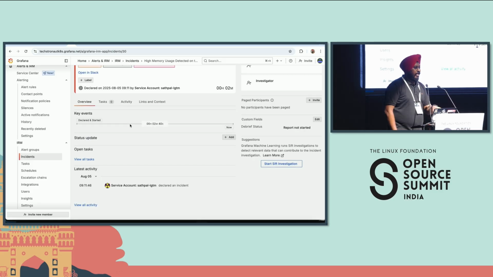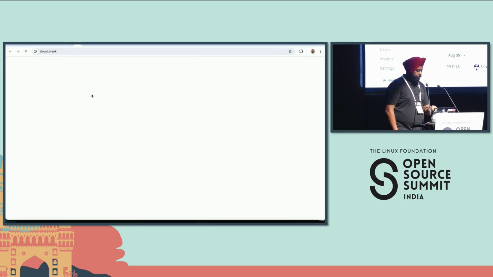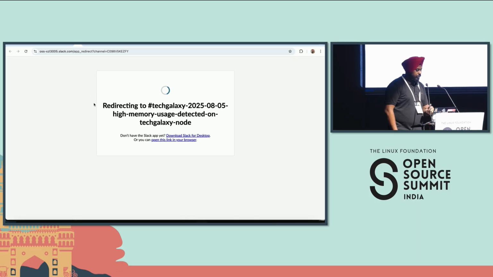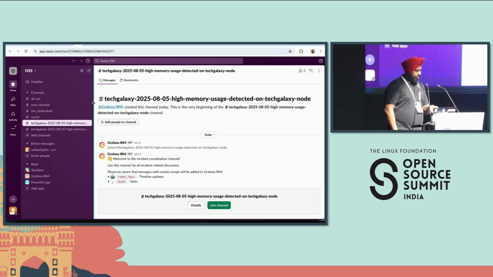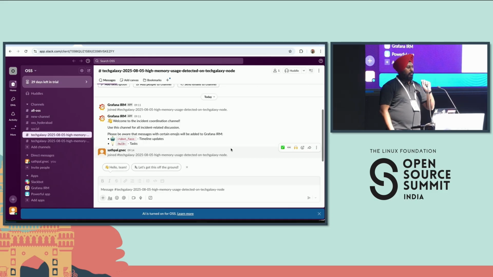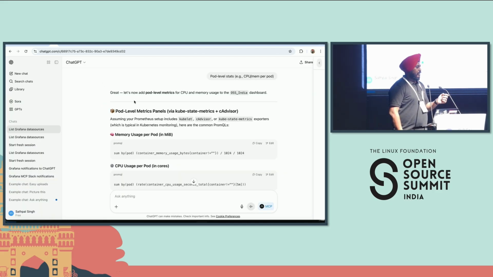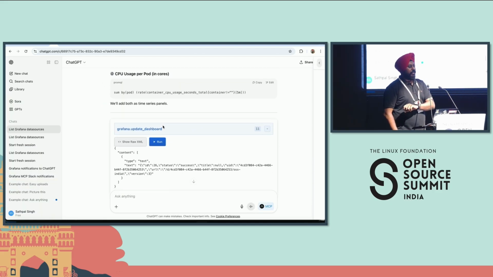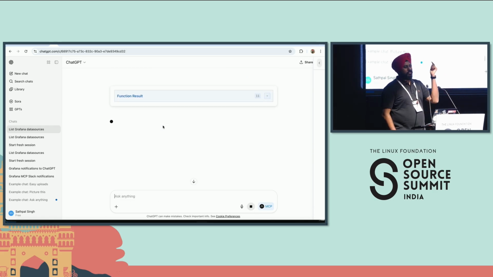Now we'll go to Slack and see whether the channel has been created or not. It's redirecting directly, as the integration between Grafana and Slack is already there. So let's see whether it has. See? Within a time span of less than 10 minutes, we have investigated an incident. We have created a dashboard out of it. We have created an incident and then posted that incident to a Slack channel.